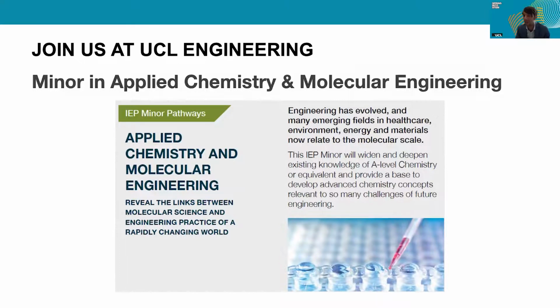So this is kind of a side subject along your main engineering discipline, where you could take a minor in applied chemistry and molecular engineering, which is the one that I'm, for example, leading. And this would then allow you to learn more about applied chemistry and molecular engineering and to tackle some of the questions I've elucidated today. And this would be possible irrespective of whether you are a chemical engineer or a biochemical engineer or an electronic engineer, because all of these types of engineers could take this minor and kind of excel in this research direction.